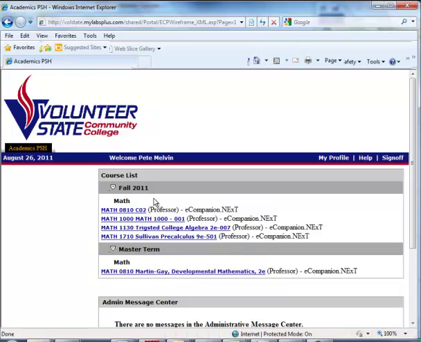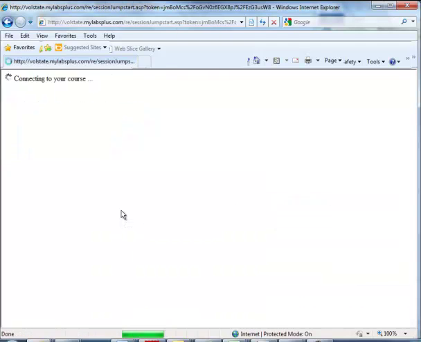Now, the very first thing we need to do before we get into the class is go over to My Profile in the top right of the screen and change your password. Once that's done, we're ready to click and enter the class and look at the assignments. So I'm going to log into Math 0810,